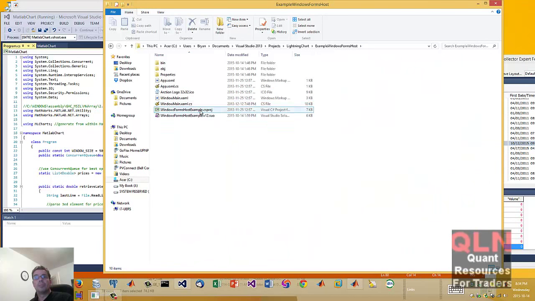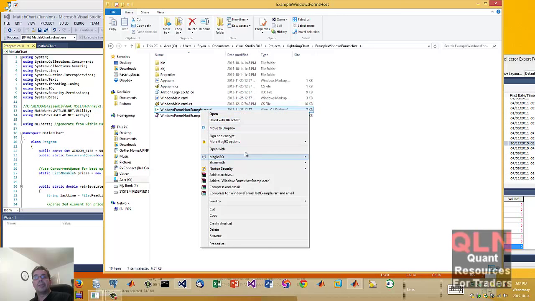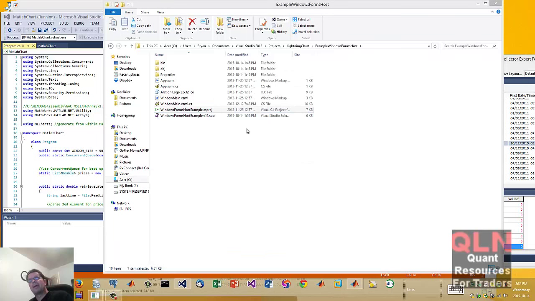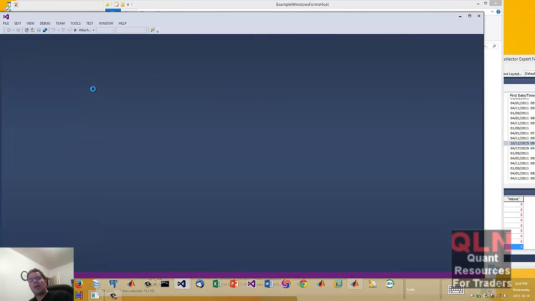I'm just going to pull this up in my Visual Studio. Let me just pull it up. I'm going to show you the difference between the line sizes of my code and in Matlab. It's literally 1/10 of the size. As this loads up,